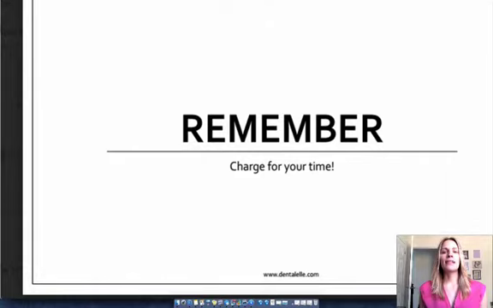But the main thing to think about is if the appointment is, let's say, half an hour, you have to think, well, how much scaling am I doing? How much polishing am I doing in half an hour? So if you charge, say, half an hour worth of scaling and 10 minutes worth of polishing, that's more than half an hour, so that doesn't add up. So things need to add up also.